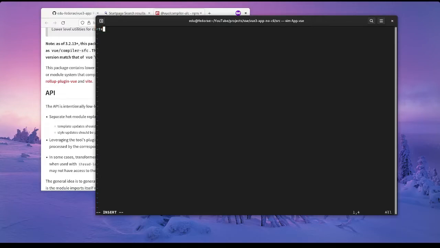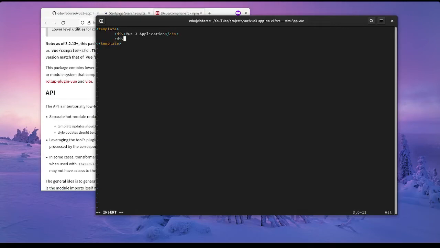So we can just go ahead and add a template tag, actually, not file. And then, given that this is a Vue app, we can create the Vue 3 app. Then we can pretty much do a div and say something like Vue 3 app or application in this here,